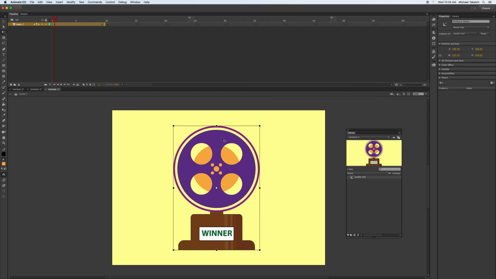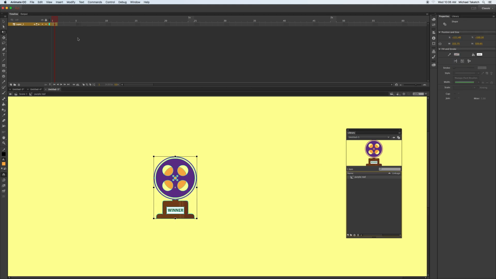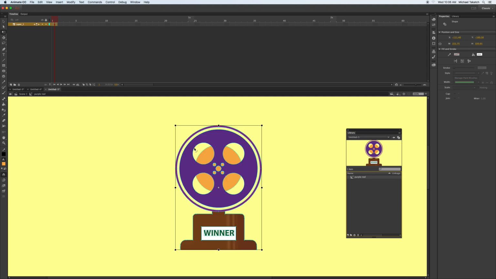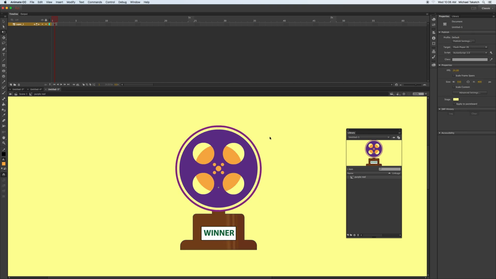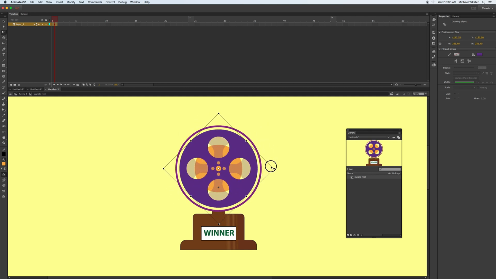So now it's just sitting right on the stage, nothing happening to it. But I want it to be animated, and it's going to animate within itself. So to do that, I'm just going to come over here and double click on it. And you'll see that it just has one frame, and it's in this reel, kind of separated from the scene. So when you select it, it all moves, but I'm just going to keep it connected. And just click on the individual part when it's brought in, rotate it, and there you have two